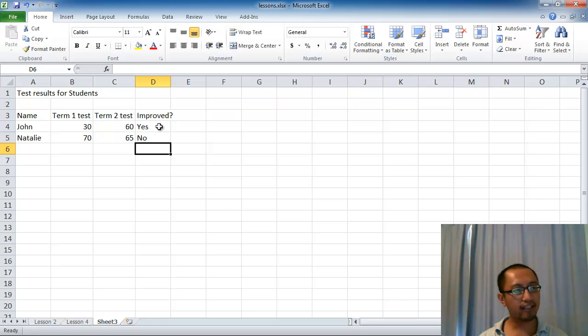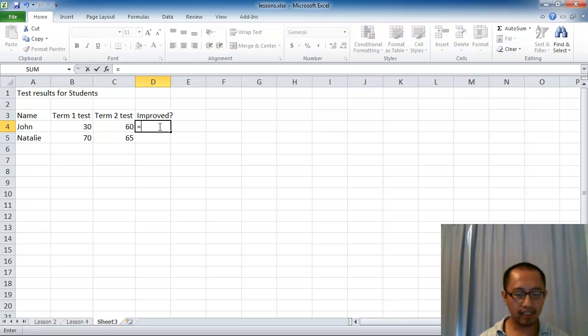Now this is quite easy for us to do when there are only 2 students. But imagine if we had over 30 or 40 students, then you're going to have to manually go down the list and put yes or no for each student yourself, and that's going to take quite a long time. So instead of typing this in ourselves, we can use what we call an IF function. So we put equals IF